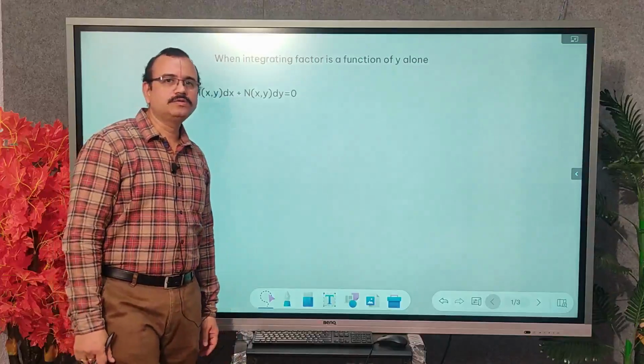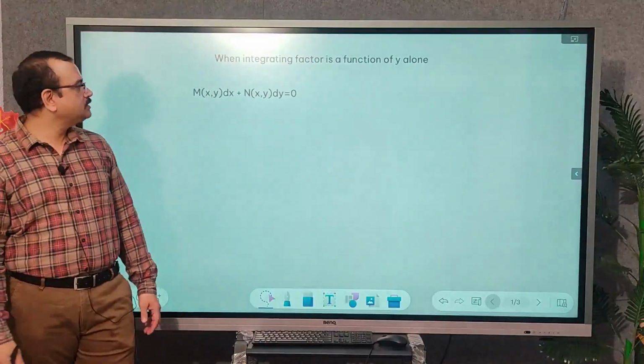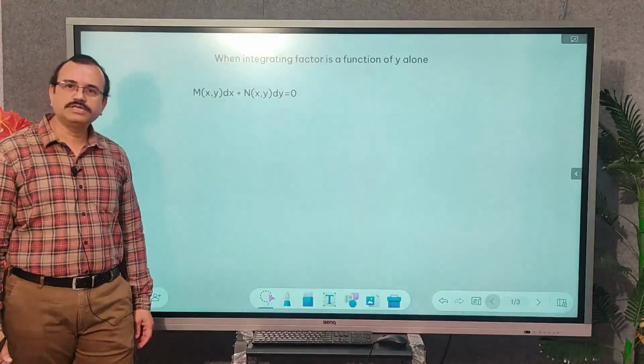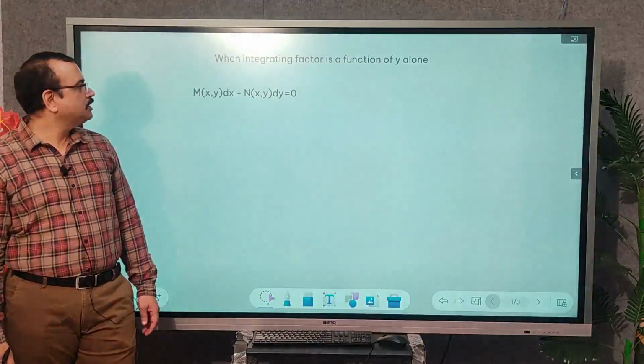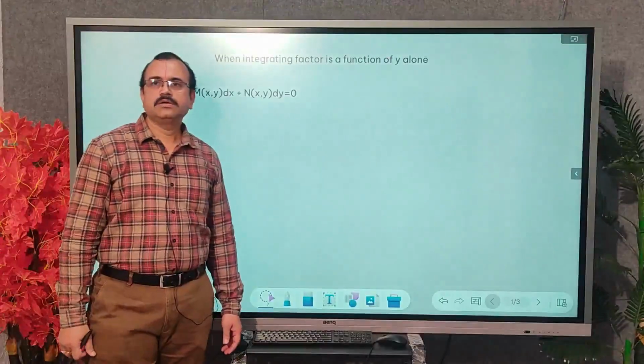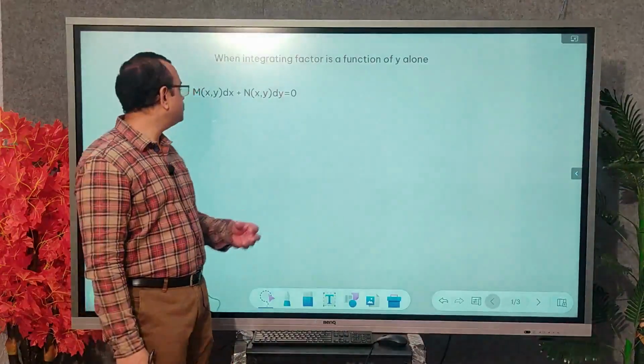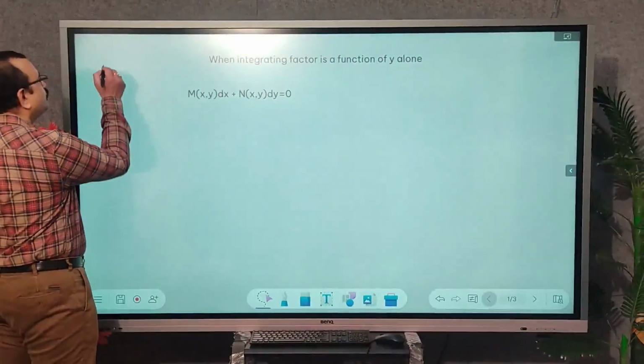So welcome one and all. In continuation to the previous lectures on exact differential equations, today we will see one more type of integrating factor. In the previous sessions we have discussed how to find out